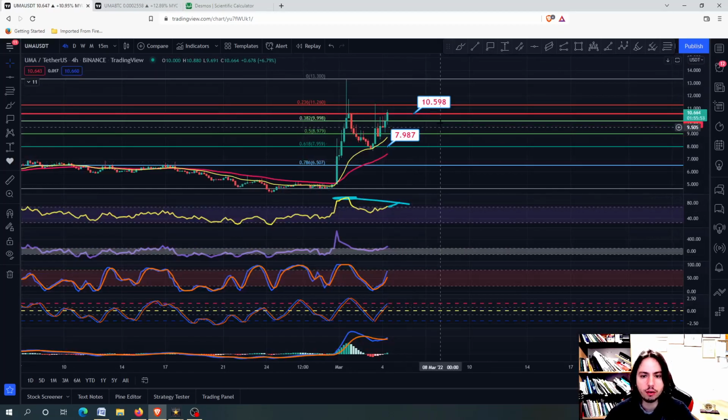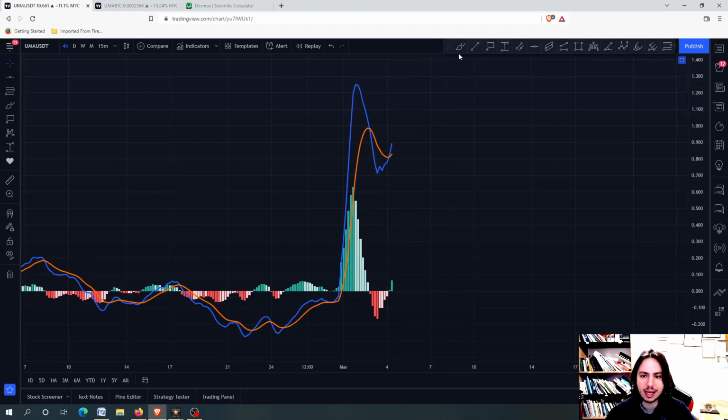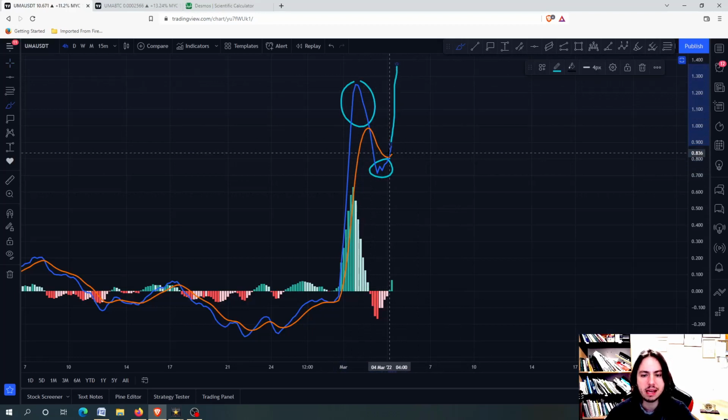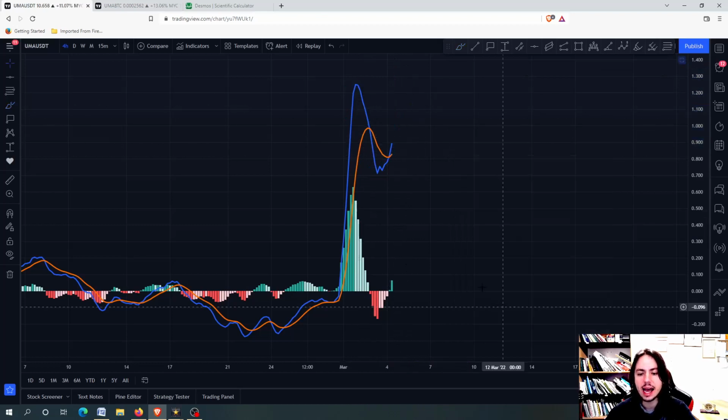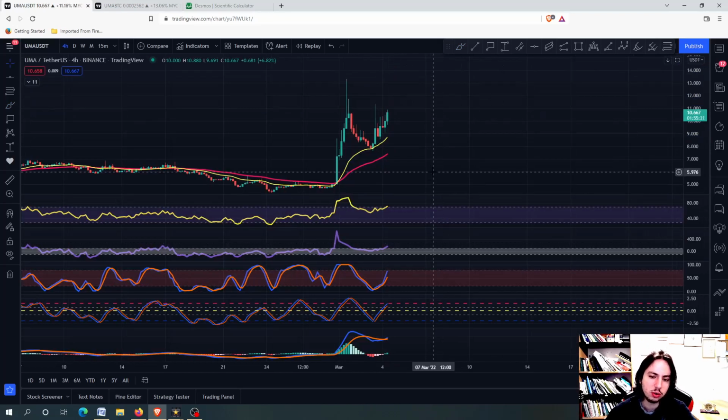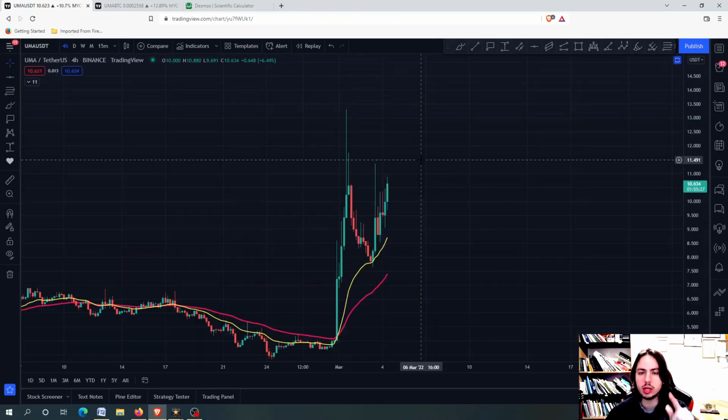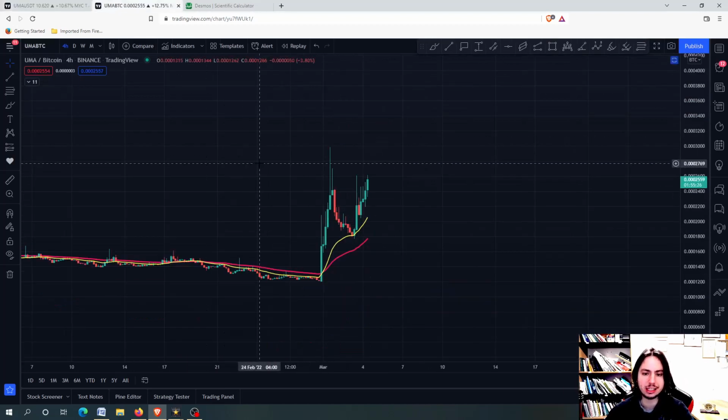Okay, so therefore, despite the fact that we made a very high right here, doesn't mean that we will make it again. So what we need to see right now for the MACD is a higher low, higher high pattern. Therefore, we need the oscillator moving average to move above the previous high right here and to go all the way upwards, forming higher highs and higher lows. Okay, this will be good. However, I told you for UMA we hold a very high risk. We are going to see soon the next targets, but first let's go to UMA against Bitcoin chart.